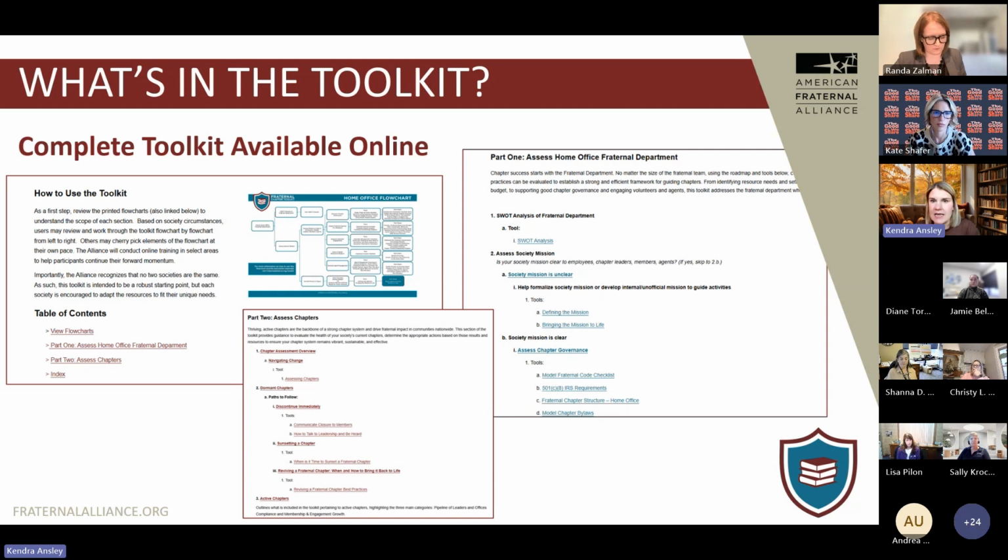It's just a single sign-on, so you're welcome to share that with anyone else from your team. You may be working in different areas, and so you're welcome to share that password with others in your home office. And then you're welcome to print the documents. As you download them, if you like that physical copy, please feel free to print those. The flowcharts, I know we just mailed one copy to the society purchasers, but there is a link where you're able to find a printable version and print that as well. So anyone on your team could have a copy of that as well.